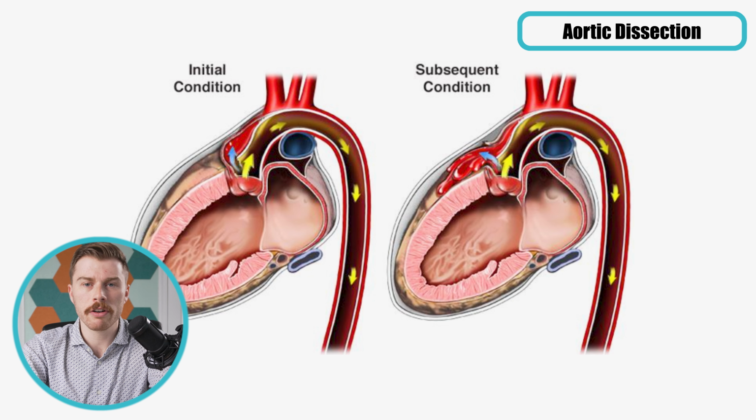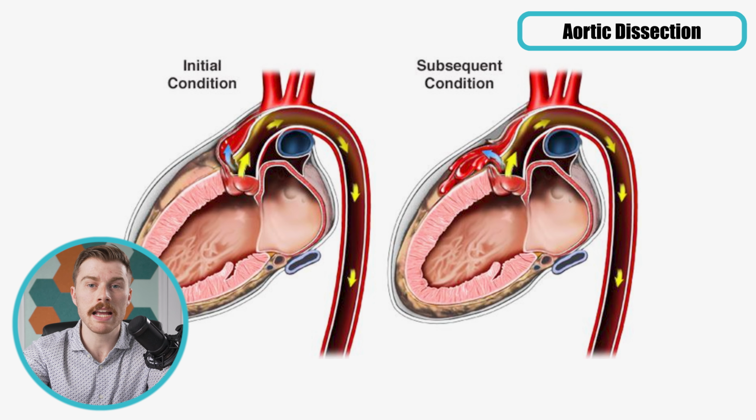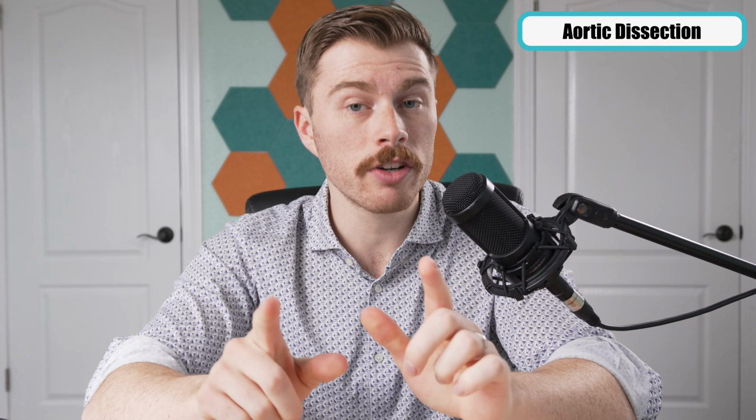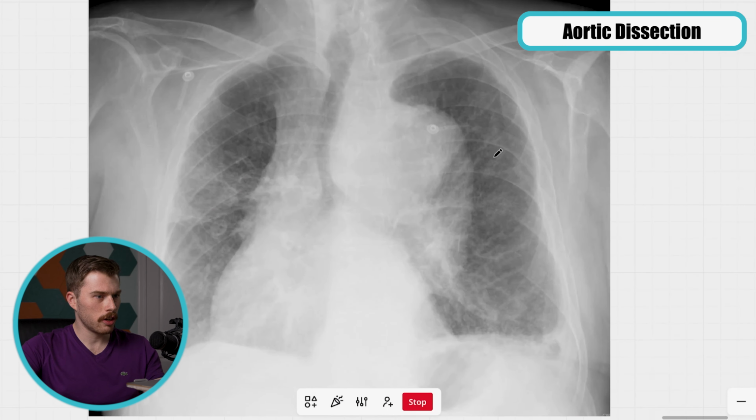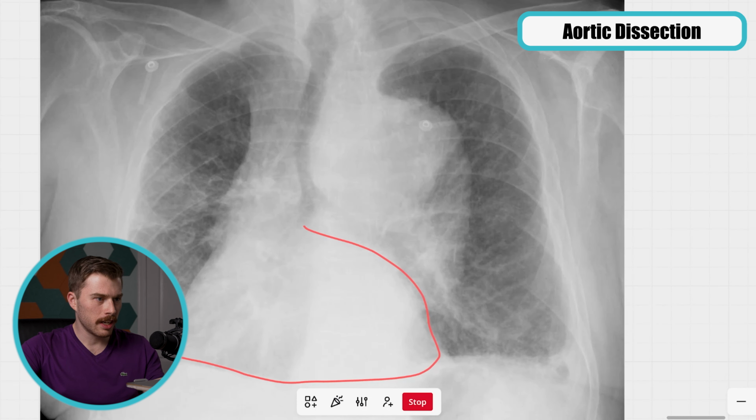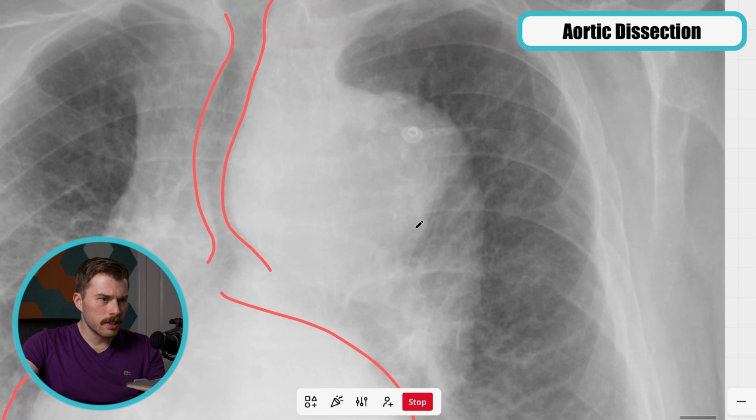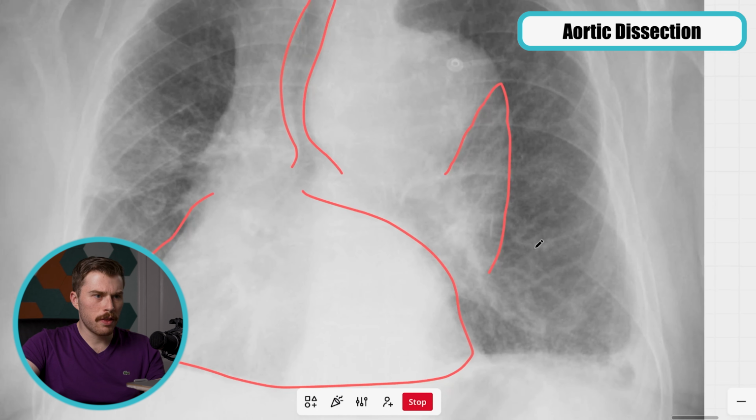They can block coronary flow, break into the pericardial space, and cause tamponade. I've seen a ton of questions on that. Pay really close attention here. You got the cardiac silhouette over here, so it's shifted into the right lung field, and you can see that with the trachea as well, how it bows like this. We see lung markings all the way to the ribs, so we know this isn't a pneumothorax. We do see some differences in the density right around here. If you kind of draw this line along the brighter portion and then down this way, trace it all the way down. Then think to yourself, in terms of